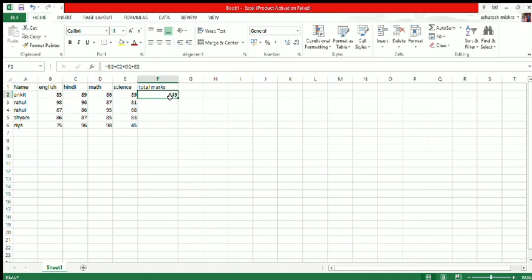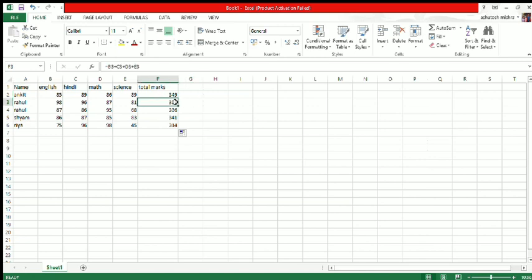Now what is the use of relative reference? Just place your cursor here. When you see a dark plus sign, then hold it and drag it. After that you will release the pointer and you will see marks calculated automatically.